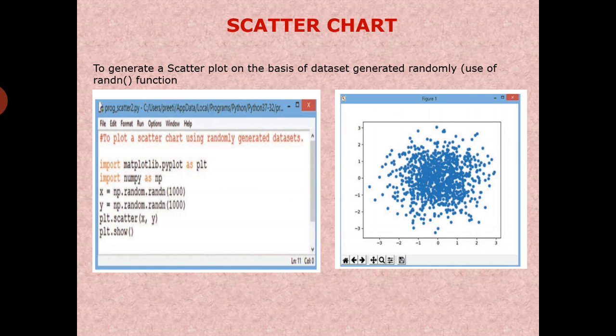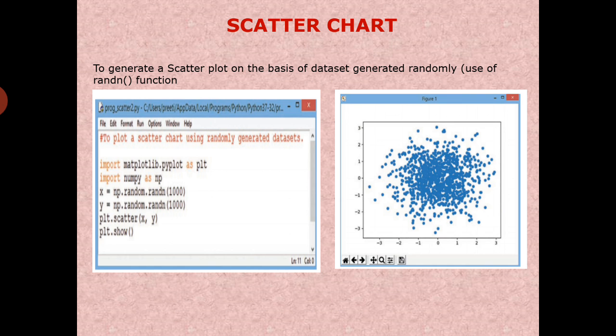Students, to generate a scatter plot on the basis of dataset generated randomly, use of random function from Python library. In this program, we shall be importing NumPy library for rand function. Using the rand function of NumPy to generate the data sets. Now the first statement is import matplotlib.pyplot as plt. Second statement is import numpy as np.